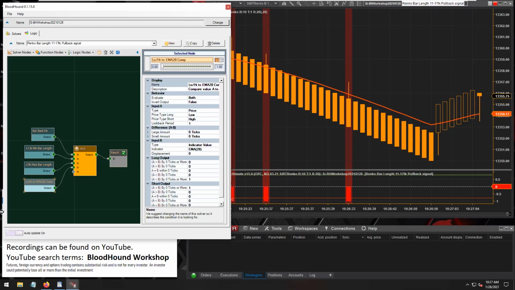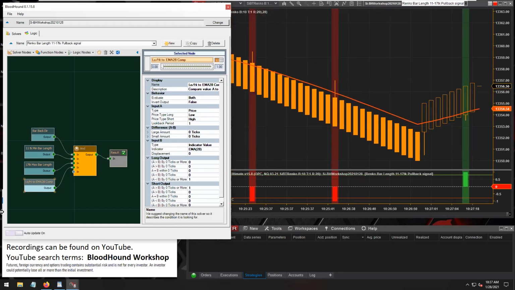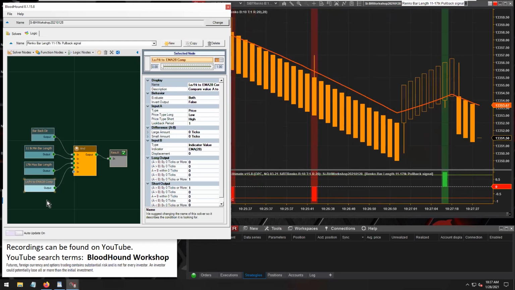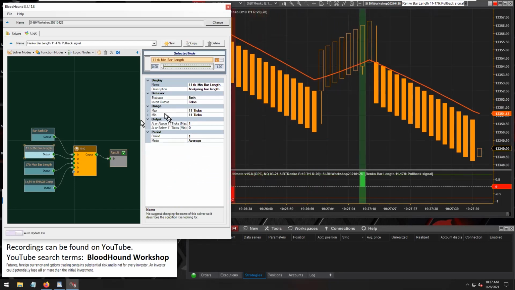Randall also wants to include, so when the EMA is inside the bar body, block BloodHound signals as well. Okay, sure, we can add that as a secondary condition here. If the length of your body is 11 ticks or more, then maybe it's a problem. But because of this minimum 11 tick here,